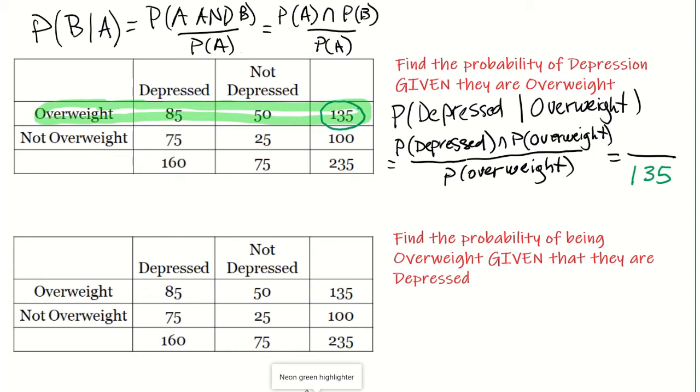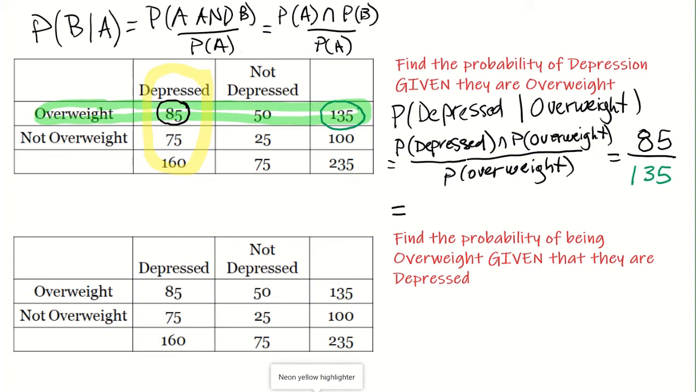The next thing I want is to find the intersection between depressed and overweight. So I've already got my overweight participants, and now I want to look at my depressed participants. And what I'm looking for is where is the intersection between depressed and overweight. And I see that it's right here at 85. That's where the yellow and the green crosses. So that's my intersection, and I'm going to put that right here at the top. So 85 divided by 135 is going to be my